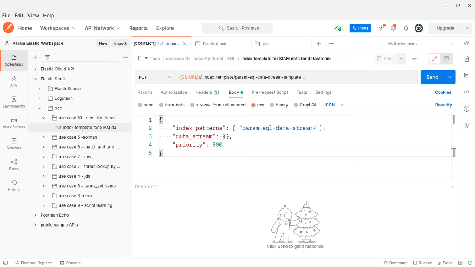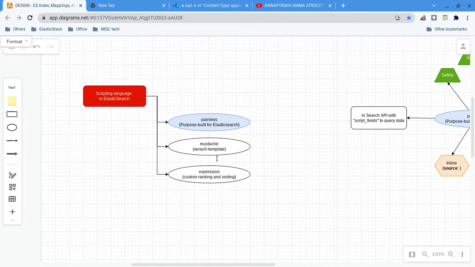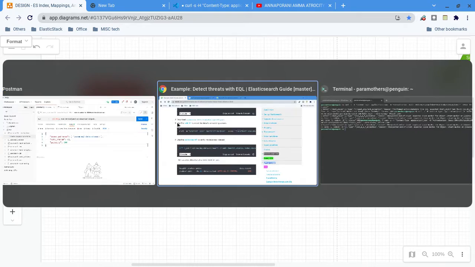In this video, what I am going to do is a sample demo. What is it here? We will identify a threat in security data. So what is the threat now? The first should be a creation process. I'll show that demo, and I'll explain it here itself, so it will be very easy to understand.